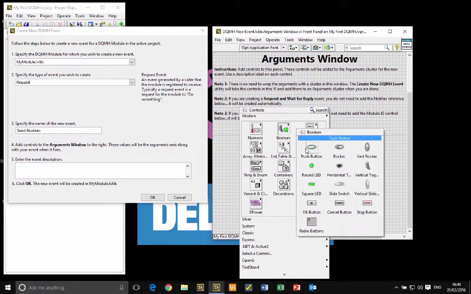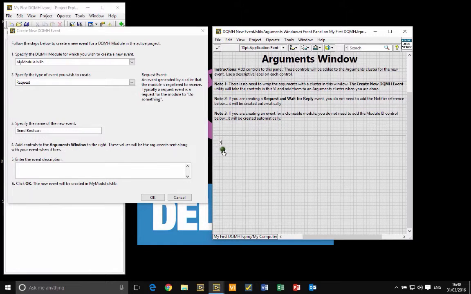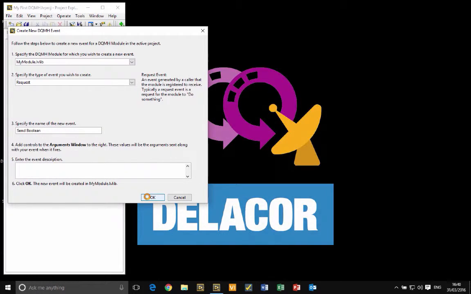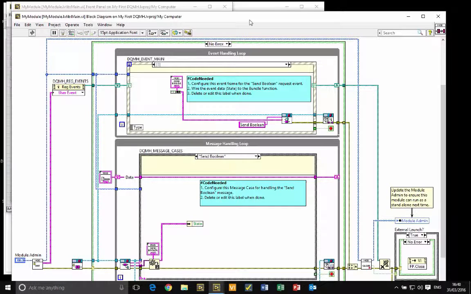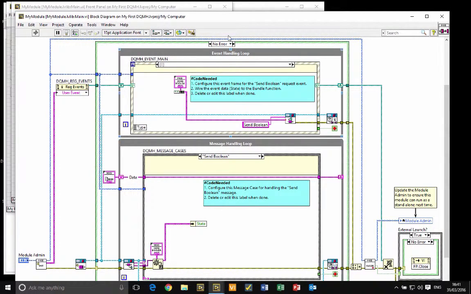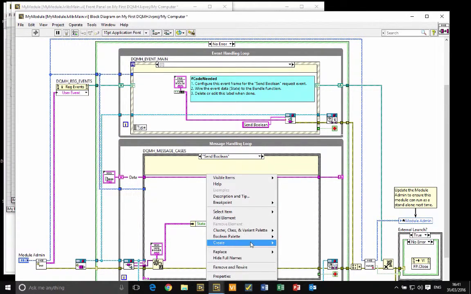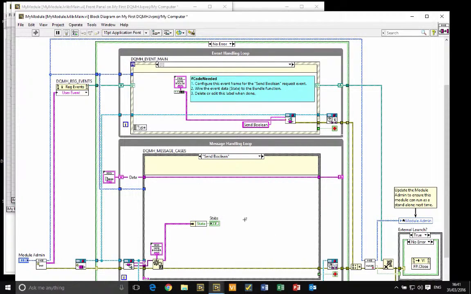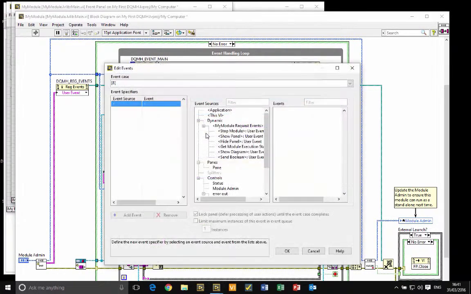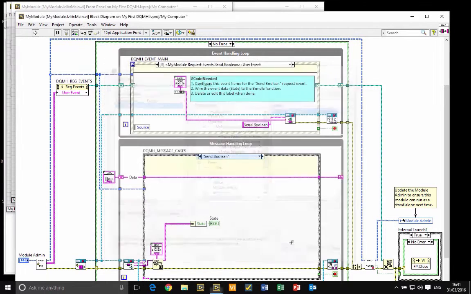I'm just going to tell my module, here's some Boolean data, and I'm calling it my Boolean. There we go. I defined it as Boolean. I said okay. The scripting tools has created the typedef, the user event, and has added cases to the block diagram for me to go and complete. So I'm simply going to go ahead and create an indicator in the message handling loop, assign the event handling loop to that particular request event,